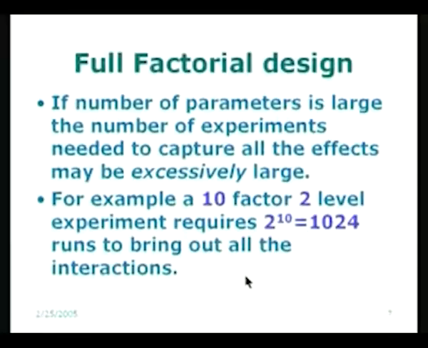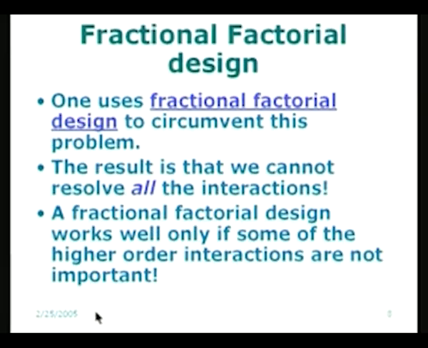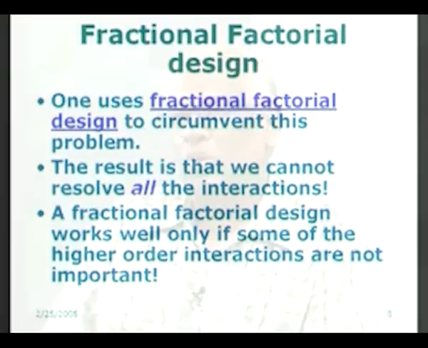That means we go for what is called a fractional factorial design. The idea of this fractional factorial design is to use not 2 to the power of 10 as in the previous case. Instead of that, I will use 2 to the power of 10 minus 4, let us say. That means that I am not going to use all the 2 to the power of 10 experiments. I will choose from these 1024 experiments which are possible. I will choose the ones in a very careful manner, so that it will bring out the most important effects